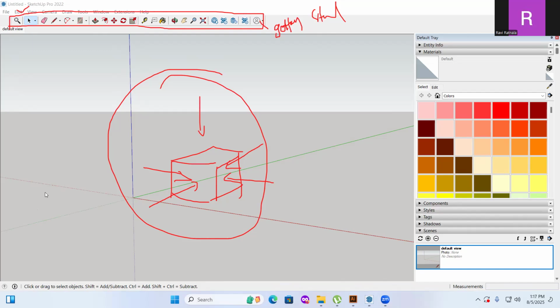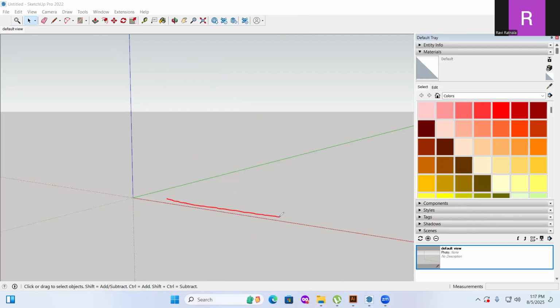These are all our axis points. This is the x-axis, this is the z-axis, and this is the y-axis. Okay. Towards the height, it is y. Towards the depth, it is z. And towards the length, it is the x-axis. Okay. Now,